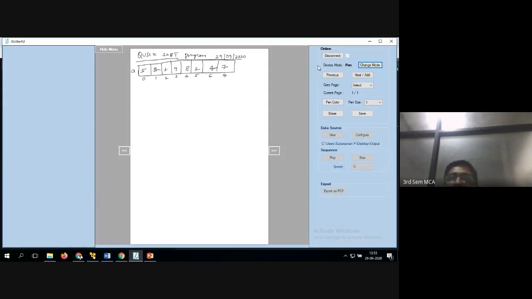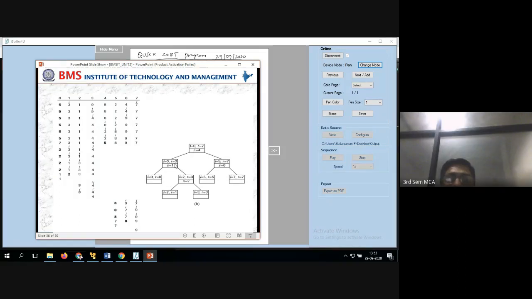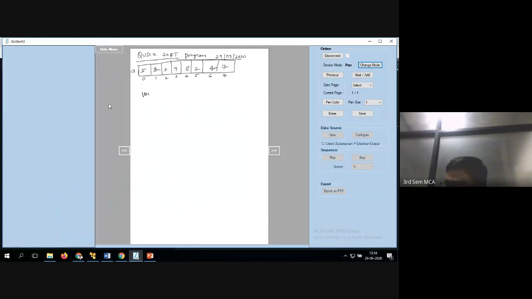Once you do this, now you have to write the code. I told you, you have to make the partitions. Up to here is one partition, here is one partition. So the function is void quicksort. You have the elements, int a array, size. The starting location is called low and the last location is called int high.